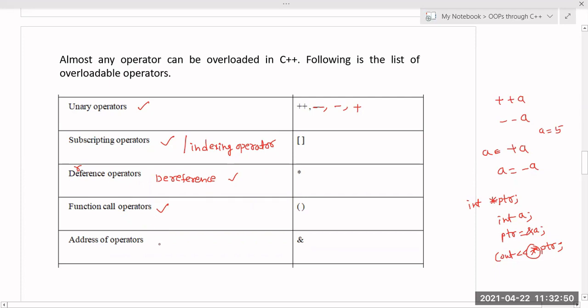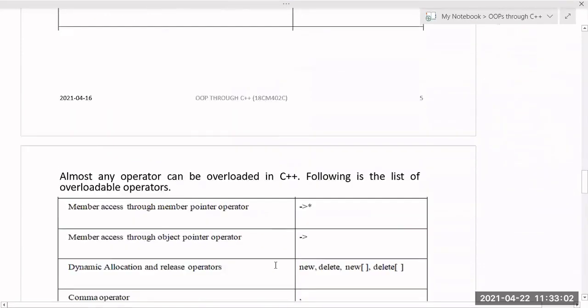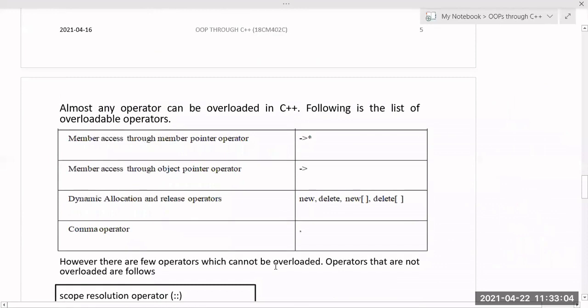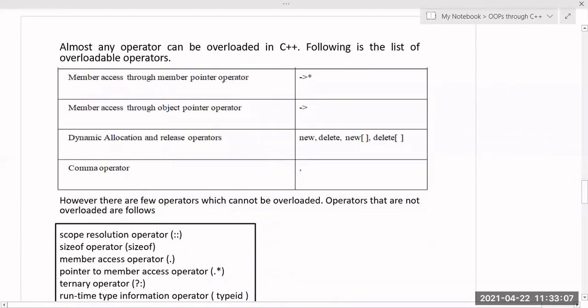This is called function call operators. And the address of operator, that is nothing but the ampersand, you will use in the address. This is called the address of operator, used in pointers or scanf statements in C language. So this I can also overload. So these are all the operators that can be overloaded, and some more operators which can be overloaded, like